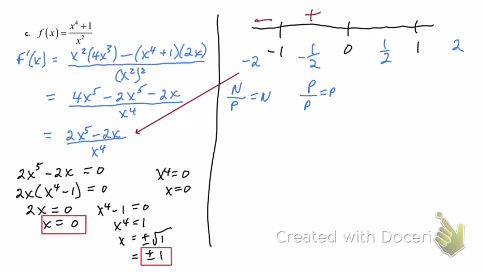I put a positive 1/2 in there. This flips the numerator. And when I put a positive 2 in, I've got 2 to the 5th is 32 times 2 is 64. Take away 4, so big positive number. And the bottom's still positive, so I've got that. Which tells us